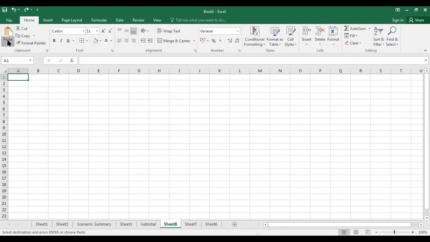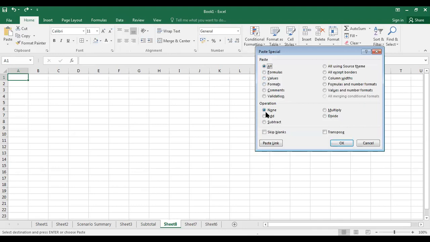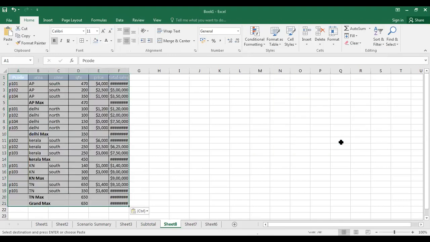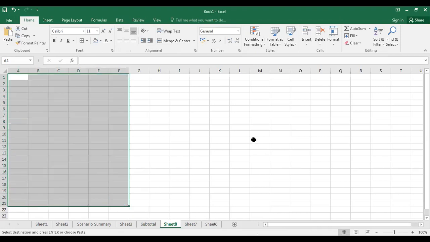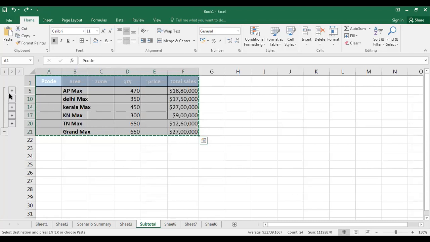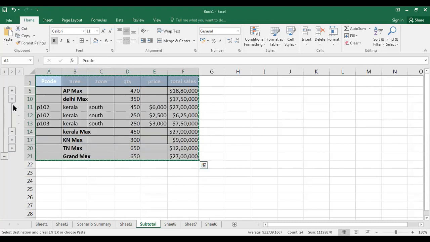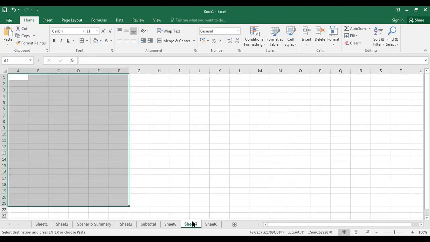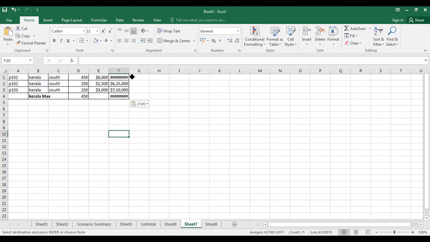We'll see in paste special that anything is possible. It's getting pasted as full data, or you can select only the Kerala information. Then you can use this for a table. Okay.